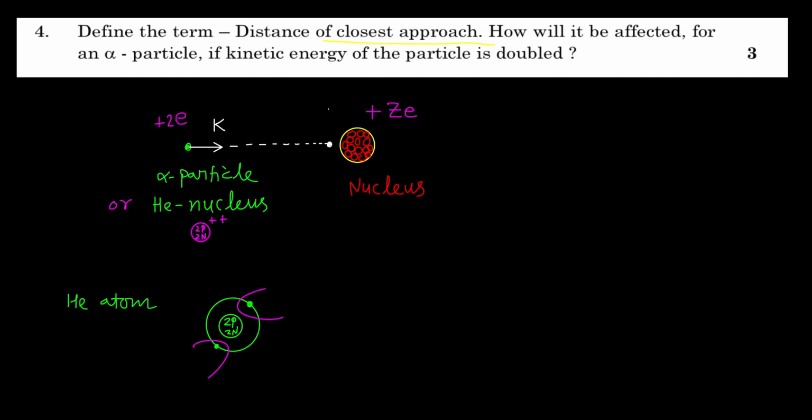So this is the maximum distance the alpha particle can approach towards the nucleus. So this distance between the center of this atom nucleus or gold nucleus, and this alpha particle, we call the distance of closest approach. So let us say this is d naught. This is the distance of closest approach. How can we define this distance of closest approach? This is your smallest distance